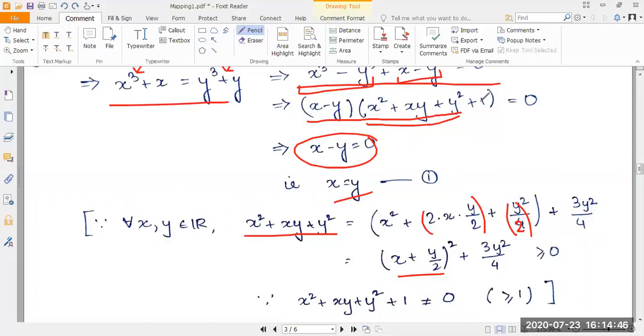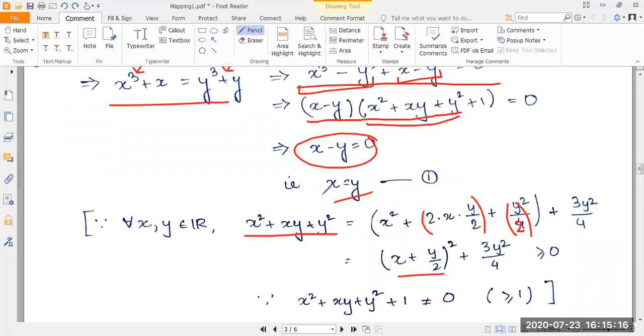And we have added 1 to it. So at least it's 0. If it's 1, 2, 3, 4, then automatically this term is bigger than that. But it can at most be 0. It cannot be less than 0. So this term automatically becomes a positive term. So x square plus xy plus y square plus 1 essentially is greater than or equal to 1. It is in no way equal to 0. So we can say that x minus y is equal to 0 for certainty,